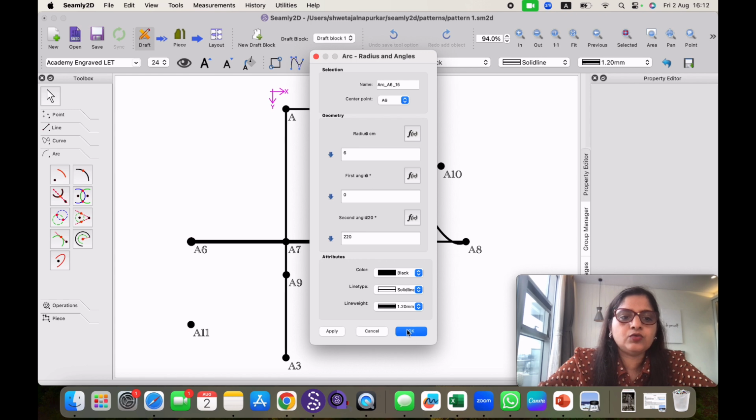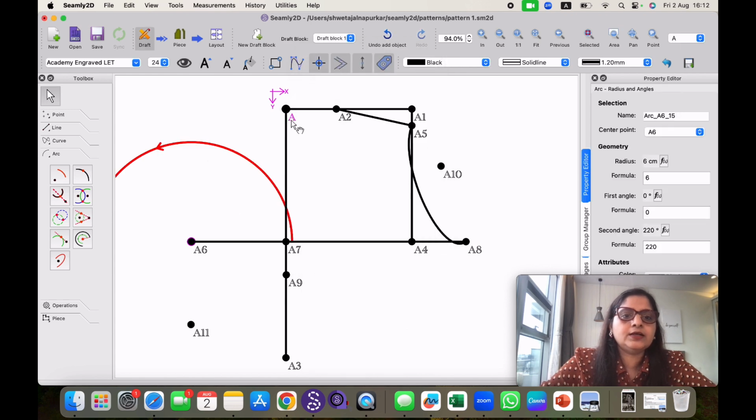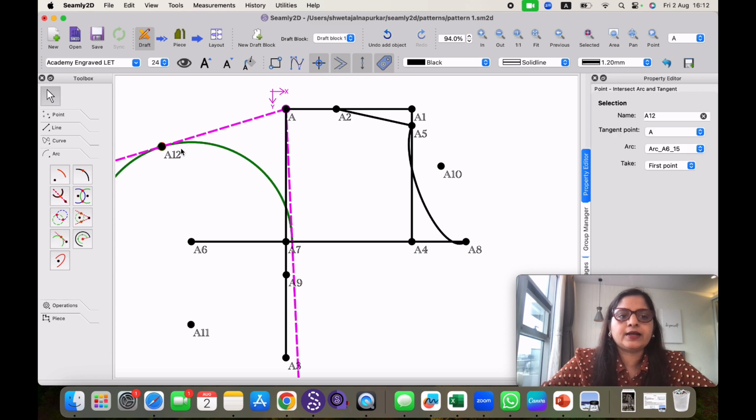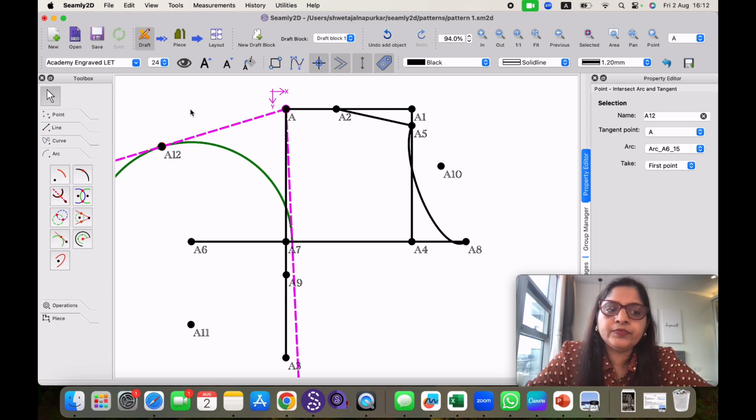I'll click on OK. I have got this arc. Now I want a tangent intersection from this point. So I'll select this first. I'll select this point and my arc, and it has drawn, and wherever it is intersecting, it has given me the new node. Okay,